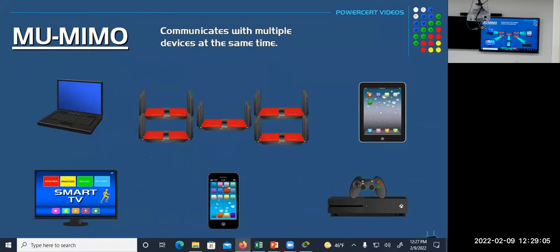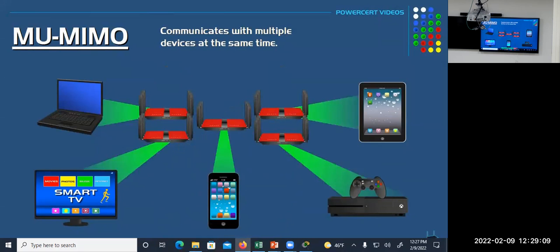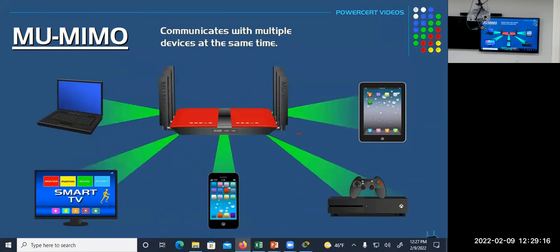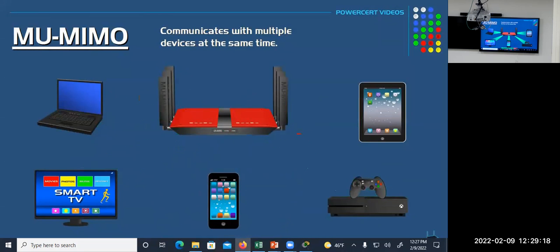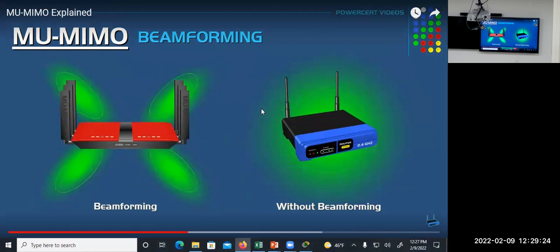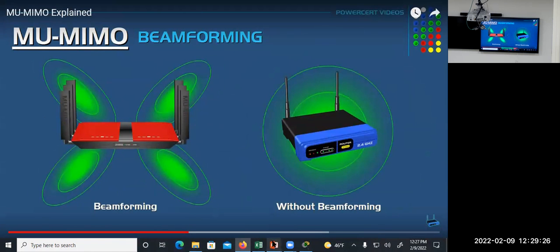So if you have a lot of wireless devices that demand a lot of bandwidth in your home and you're experiencing slow internet performance or choppy video, you should be using a router with multi-user MIMO technology. Now, multi-user MIMO also takes advantage of beamforming. Now, beamforming is a